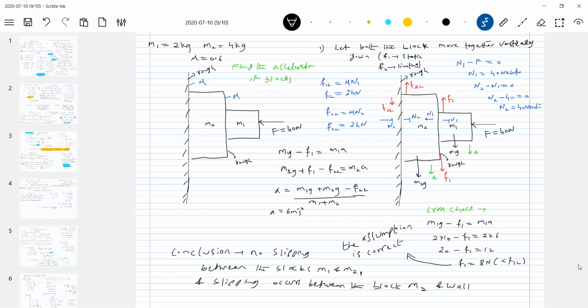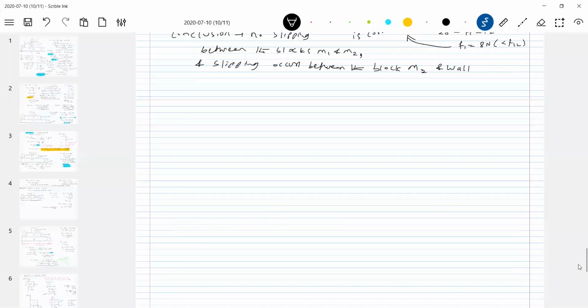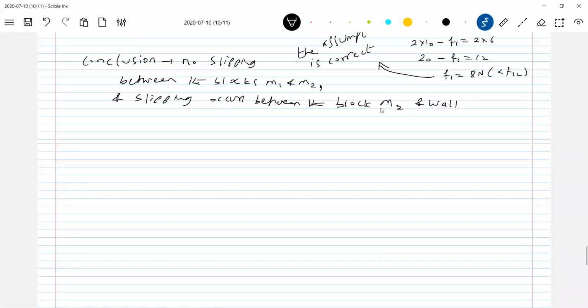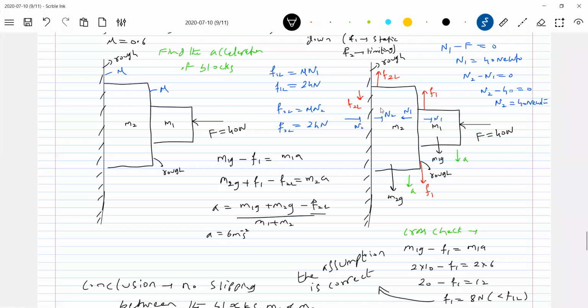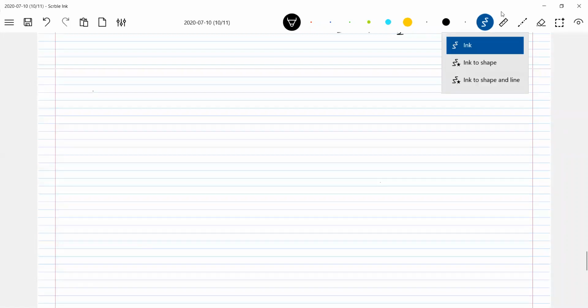Got it now? I'll just change the value. F equal to 40 Newton. No, let me make it 120 Newton. You see, things will be a little bit different here. Shall I go for the next one? I think some 10 minutes time is there, we can conclude. The same numerical, the same data, everything. I'll make the force 120 Newton. Two kg, 4 kg, 0.6. All of you, are you getting it now?